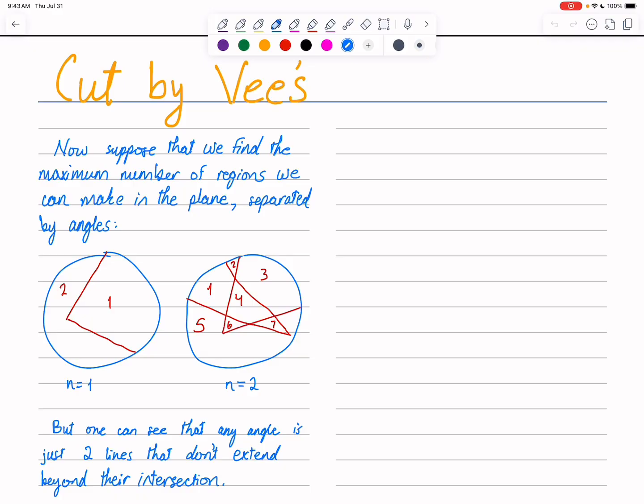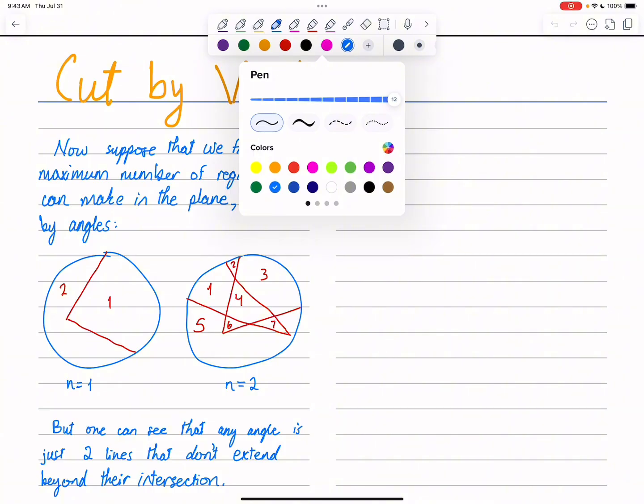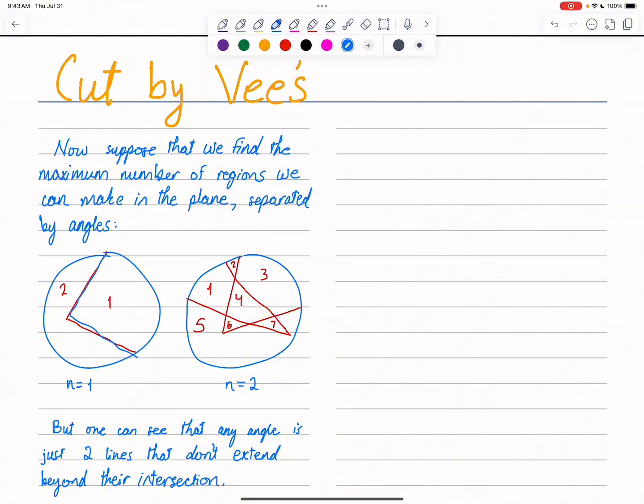So this time, rather than cutting the plane with straight lines, we'll consider cutting the plane with these sort of V-shapes. Now you can see, and I think it makes intuitive sense, that if you had just a single V-shape or an angle, then you would, just like with a single straight line, cut the entire plane into two different